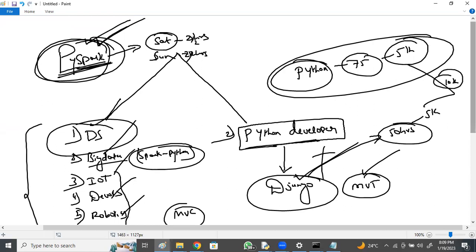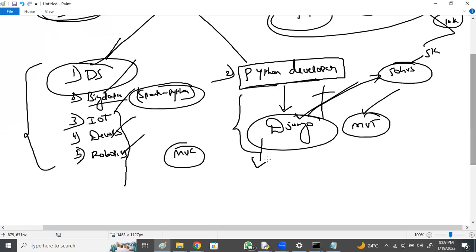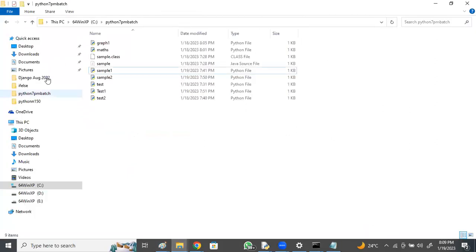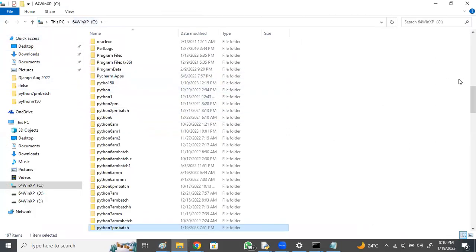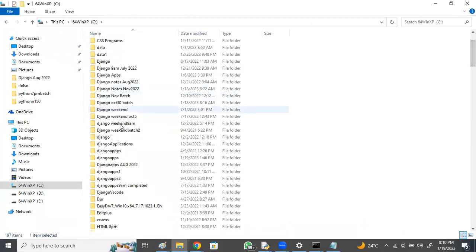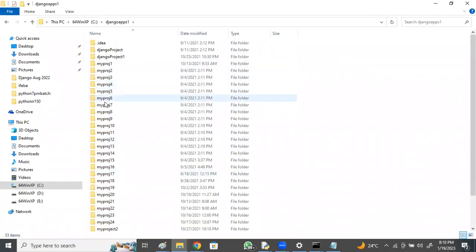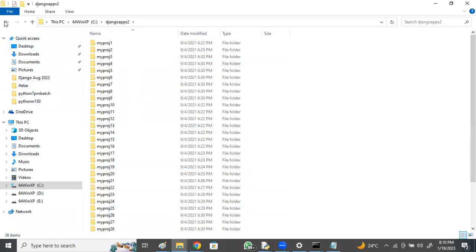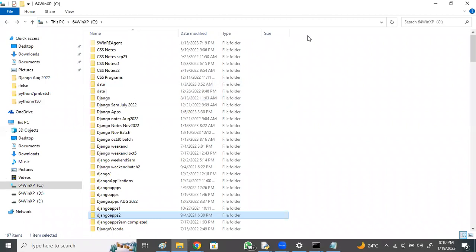Yeah, Python. See, here Python uses the Django framework, right? I'm going to show you 15 application creations. I was showing you the other day. One second. If you see the previous batches, weekend batches or weekday batches, these are all Django batches. And if you see the applications, Django apps, my project 1, project 2, project 3, project 4, there are more than 15 to 20 projects, means applications. Django is used for creation of applications, right?